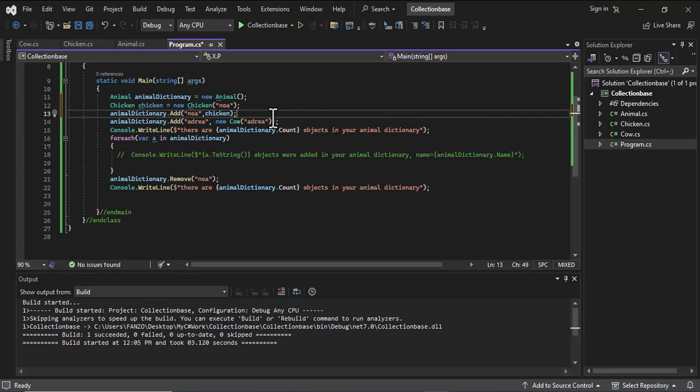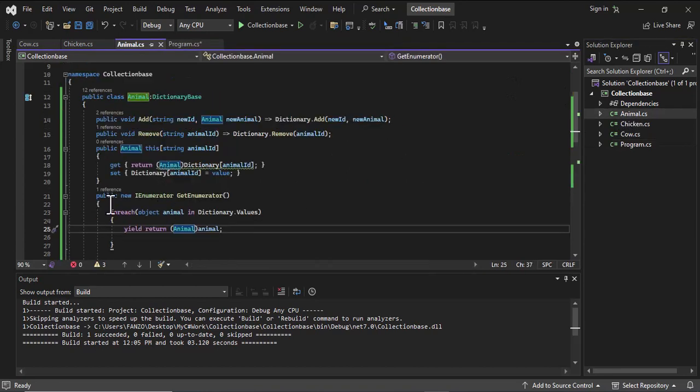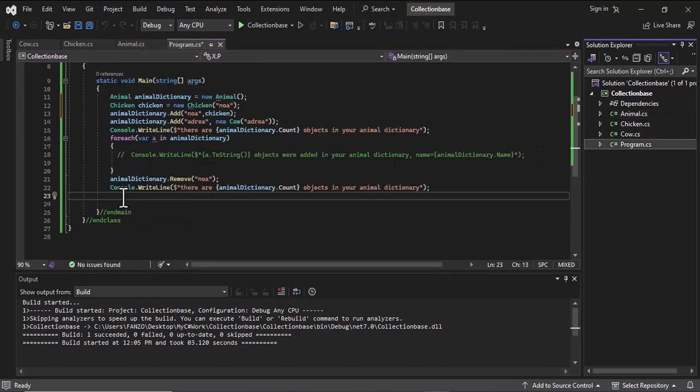Right, so we are fine. So I'm going to come here. We are here, remember, public Animal this. So it is a public property there. So I'm going to have an instance